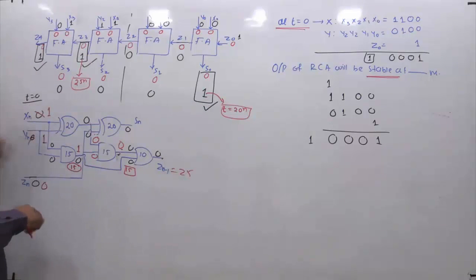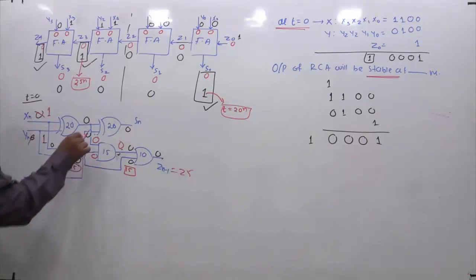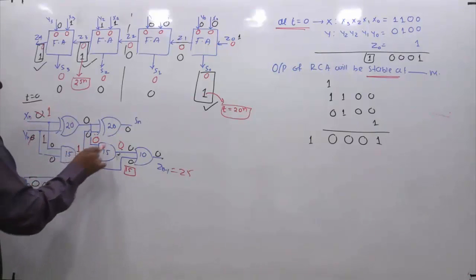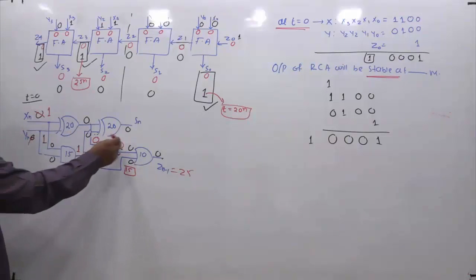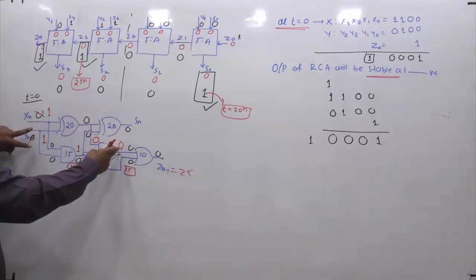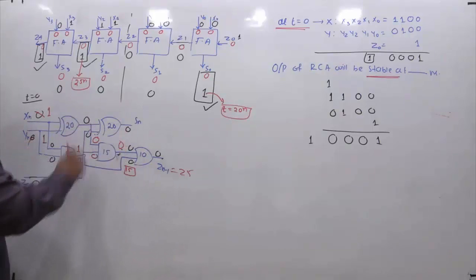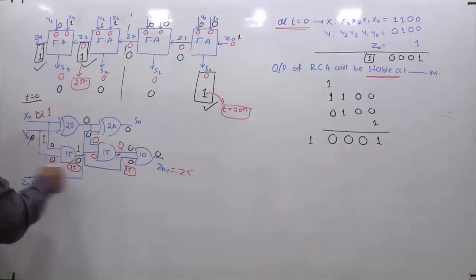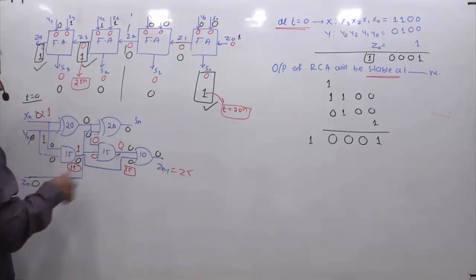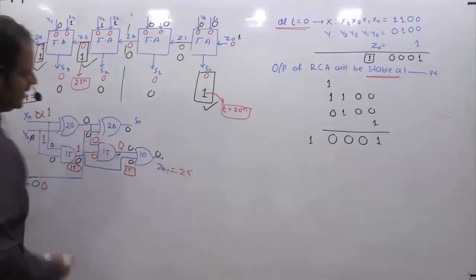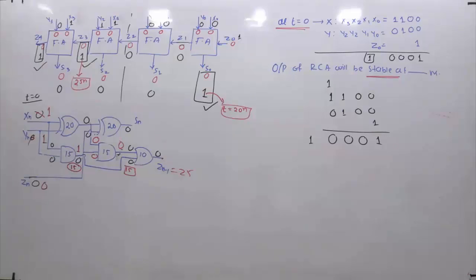Okay. So if I am applying 1 1 here, you can see that because this is still 0, this bit and this bit will not change. If you are making Z equal to 0, the output of this AND gate is still 0. So whatever new things you are expecting with respect to 1 1, it is the same as the old combinations. That means before t equal to 0, whatever the 0 was there, even at t equal to 0, whatever change you are making, this is not going to change. So the corresponding stable input for this is coming at t equal to 15 and its own delay is 10. So 15 plus 10, that is 25 nanoseconds. So you got this at 25 nanoseconds.